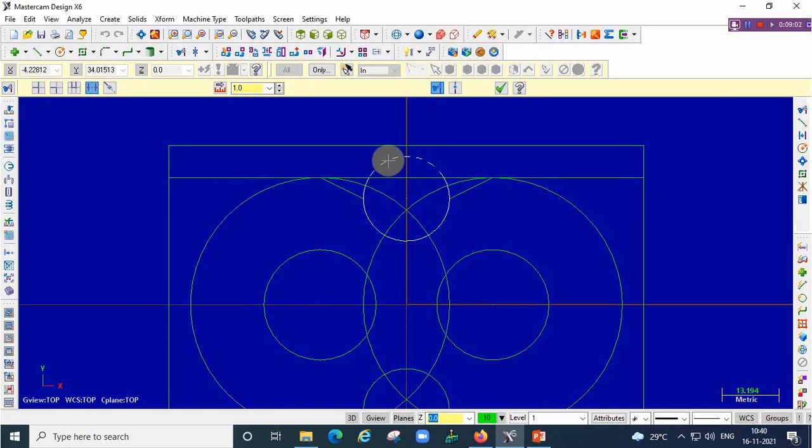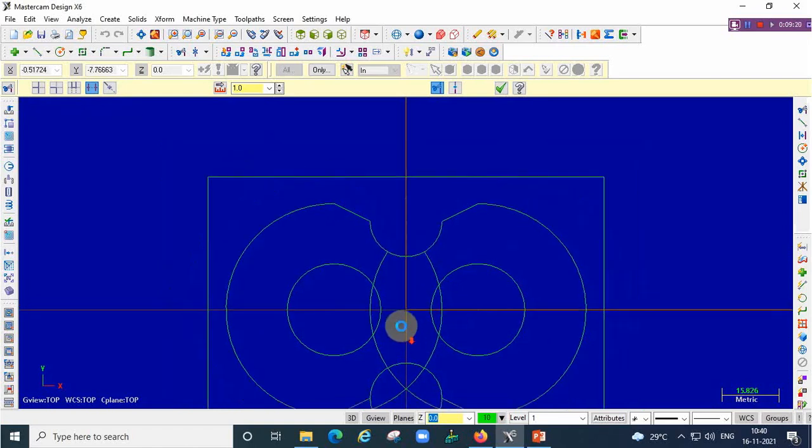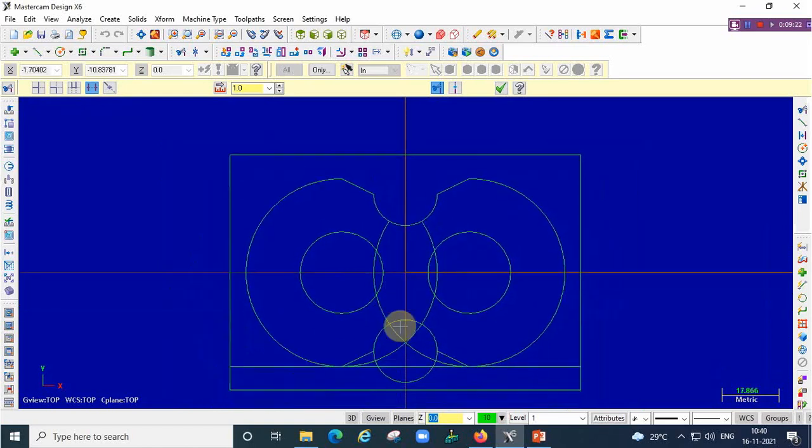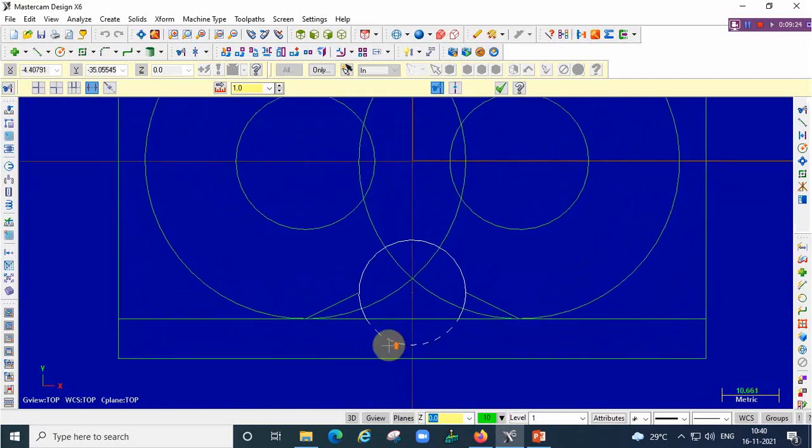Delete it slowly one by one until we are getting the profile. We have to delete all the unwanted lines. Use the arrow keys, move the profile up and then delete it.